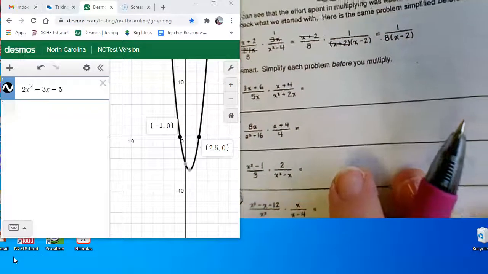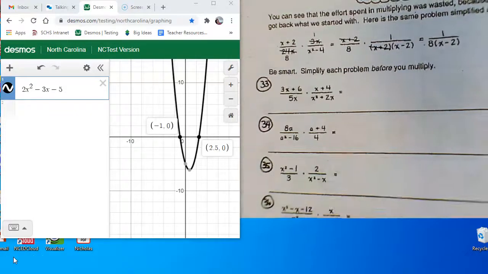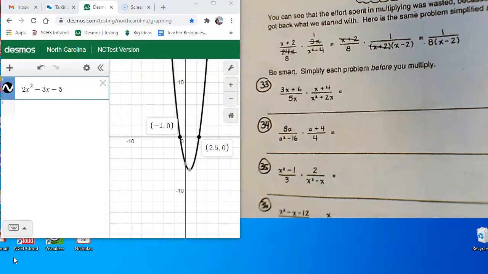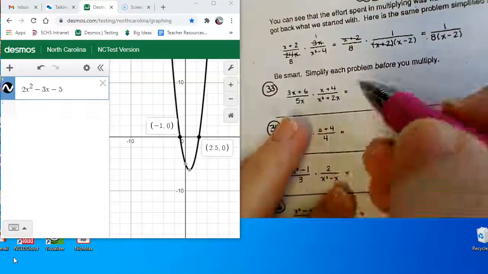What you're going to do is factor everything that can be factored. If there's a greatest common factor, factor it out. If it's a trinomial that you need to graph, graph it. If there's nothing to factor, then you leave it. And you do it at all the places. Okay? So on this one right here,